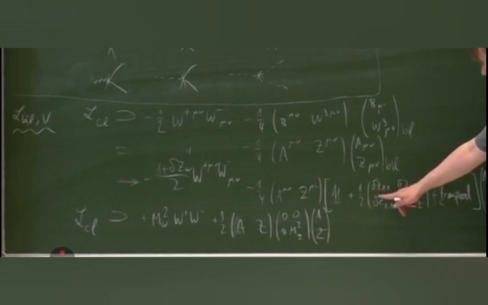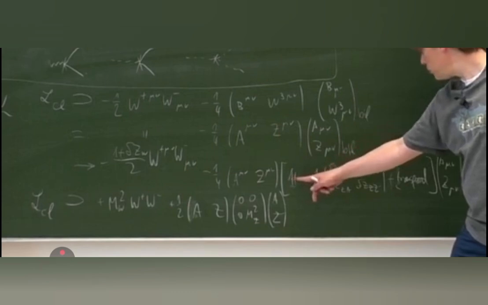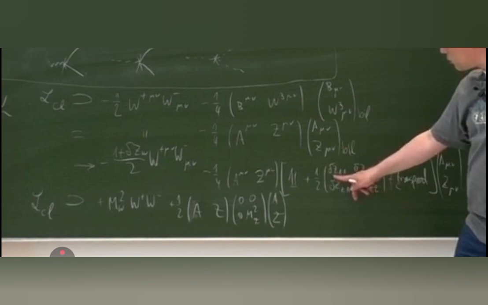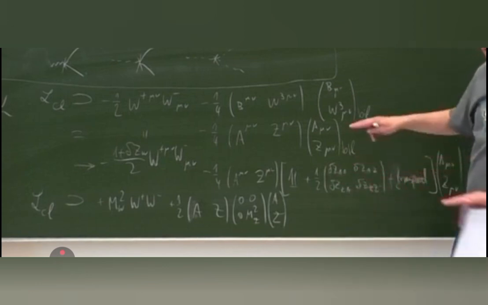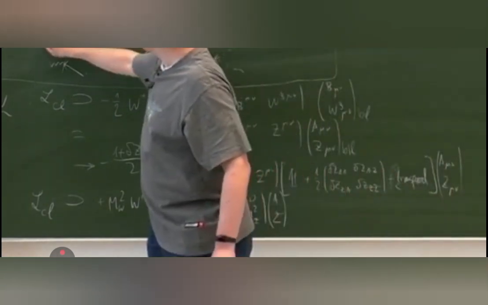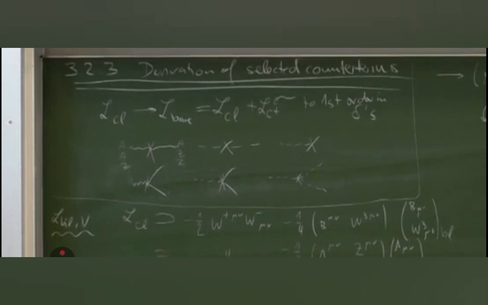So for example, in the kinetic term, we again get here p squared g mu nu minus p mu p nu from these field strength tensors, and then this would be multiplied with the appropriate matrix element delta Z AA or delta Z AZ, delta Z ZZ, depending on which combination of fields we will look at. So here we will have AA or AZ or ZZ, and each of these combinations will be multiplied with the appropriate combination of elements of this matrix, and then each of them will also be multiplied with something from the mass. So the ZZ part will get this mass counter term delta mZ squared,